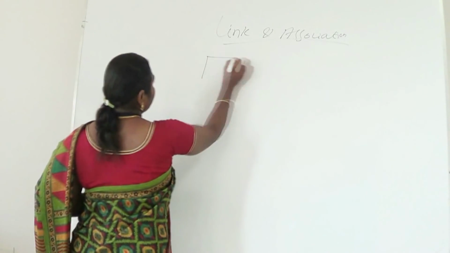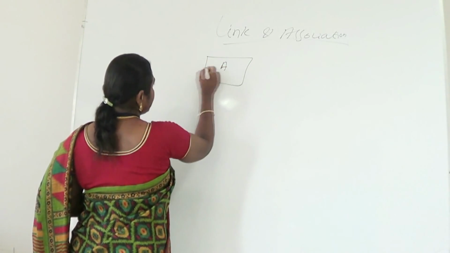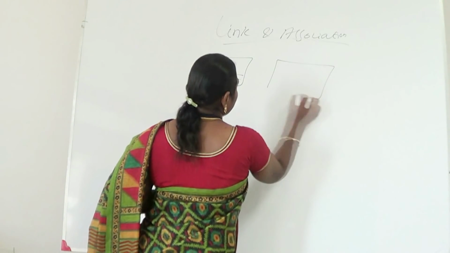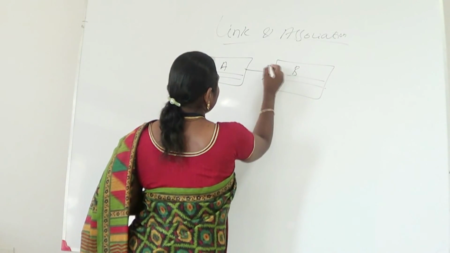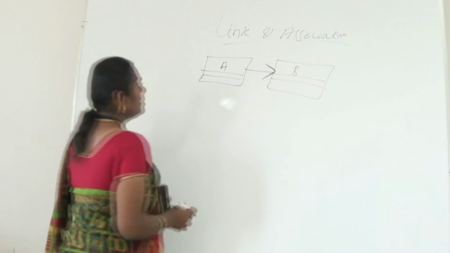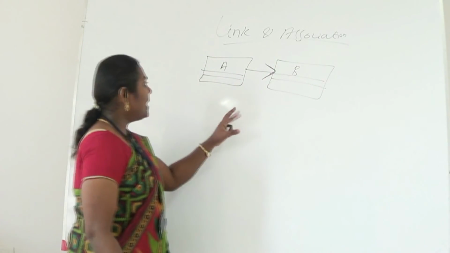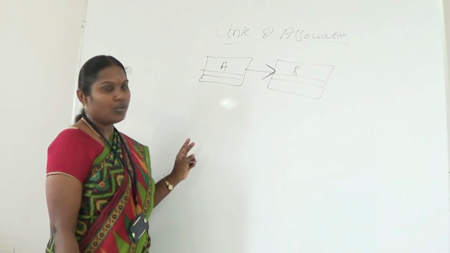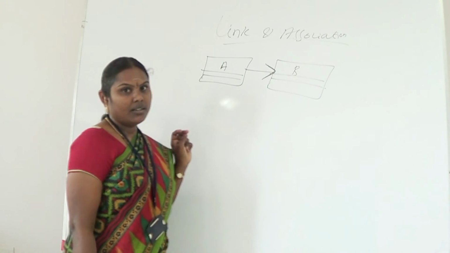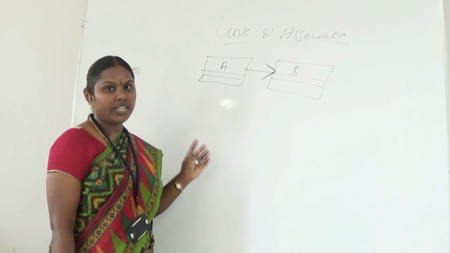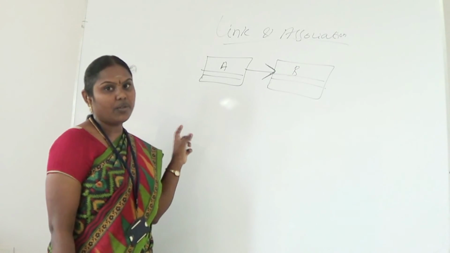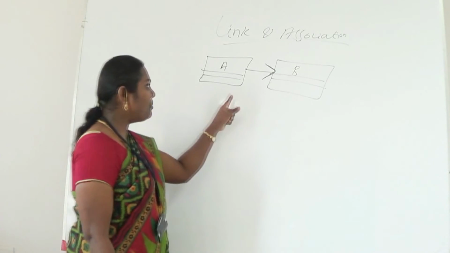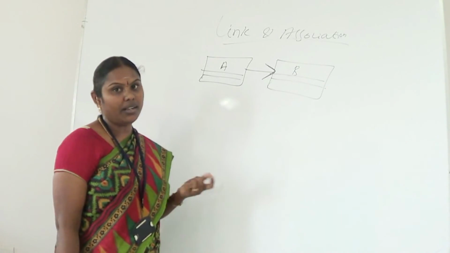For unary, we can take as an example class A, class B. Here we have to specify the dependency symbol. When the 2 classes are A and B, A knows about B and B does not know about A's information. So this is one kind of unary relationship. It's a one-way communication. That is, A depends on B, but B does not depend on A.